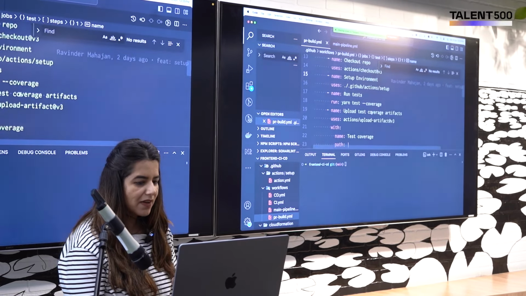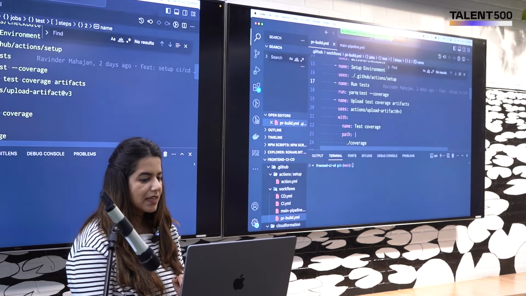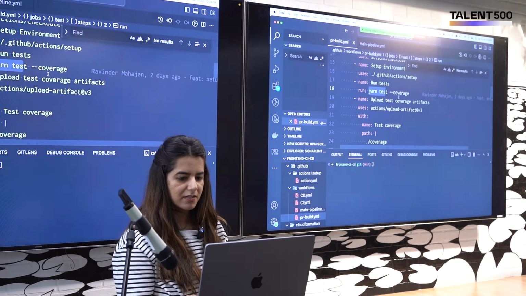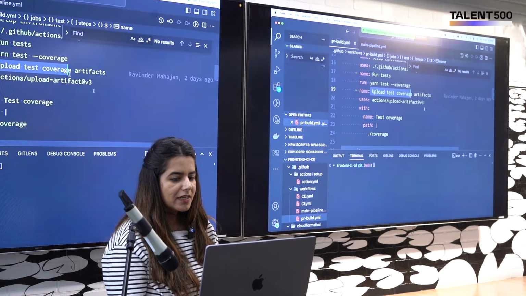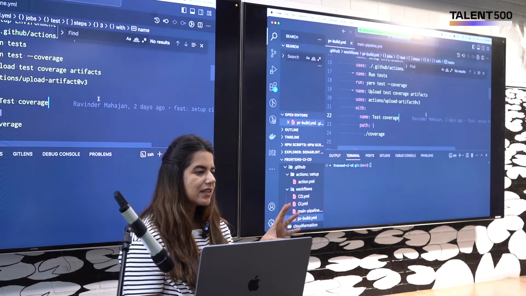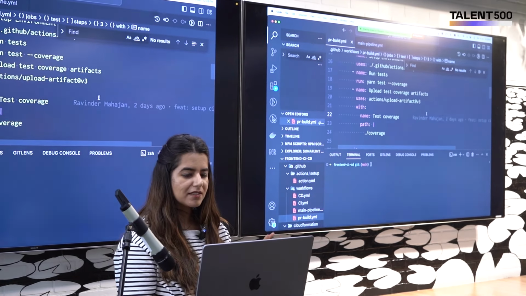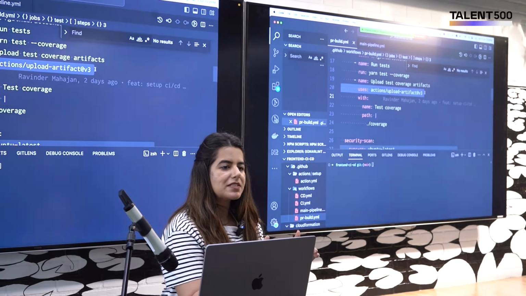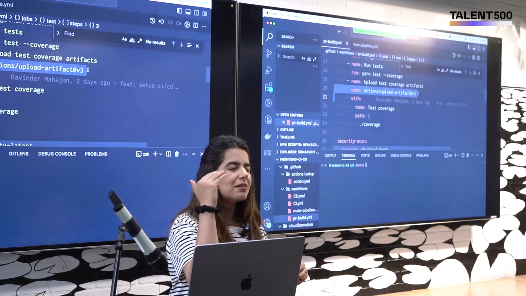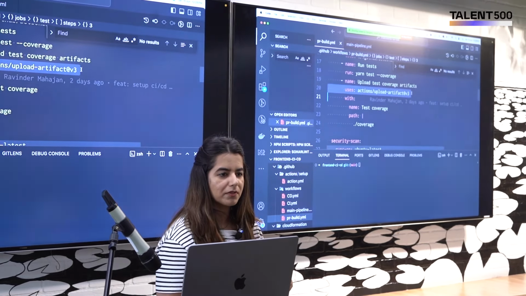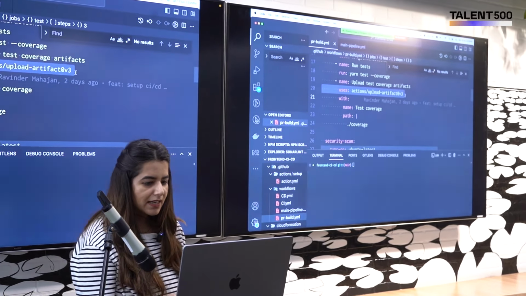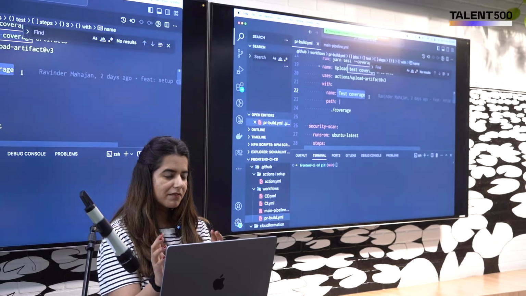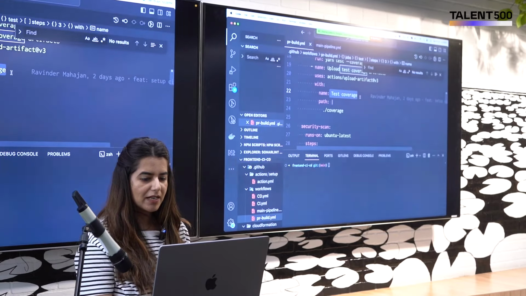Then I want to set up the environment, and now I want to run the test. This script is already there in a package.json. You are all aware of it. Yarn test, run the script. Then similarly, once your tests are run, you would need the coverage report. You would want to have it in the artifacts. So you will create a coverage report and upload the artifact. So for everything, GitHub is giving you a predefined action. There would be some instances where you would like to customize your own, which is also an option. Once you have done that, I would just tell it that I want an artifact with the name test coverage, and I want to keep it in this, and it has to use this path.